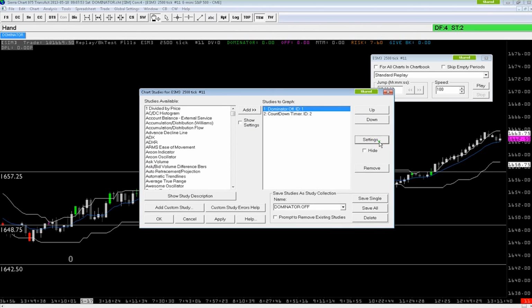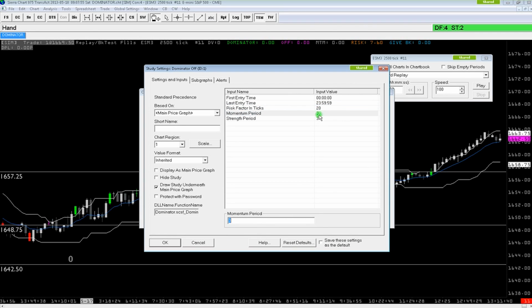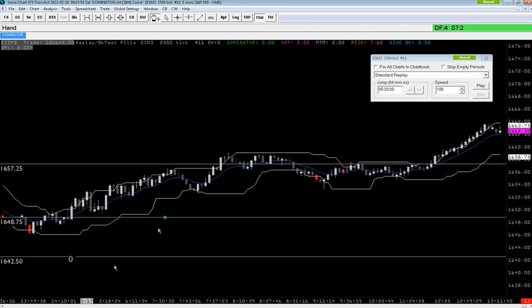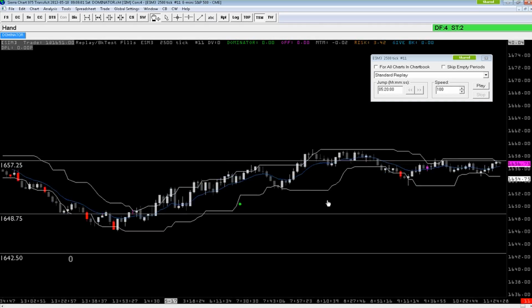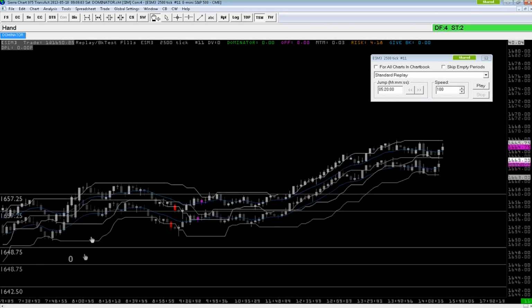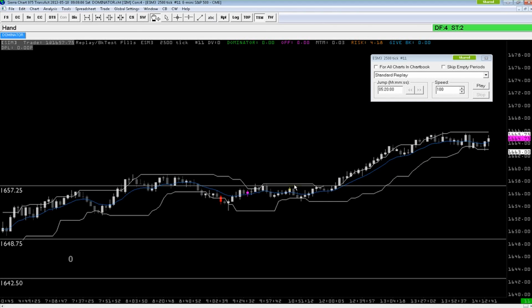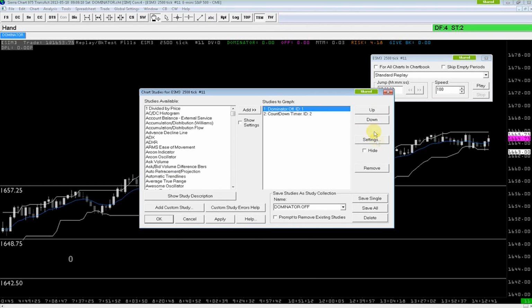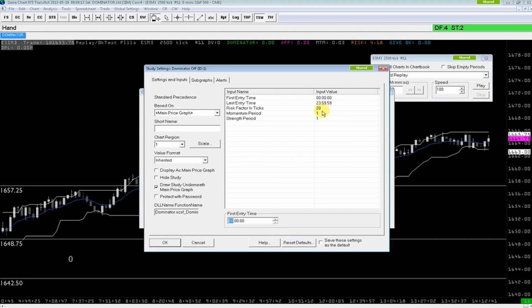Now, if I go down here and go too far, let's go to 0. I'm going to take this down to nothing and apply it. I'm not going to have many of anything. It's registering something, but it's not registering it correctly. If you have 0, it's not going to know what to do. It's going to switch it back to 1 actually, because the parameters will not let it go that far. So it's automatically going to say, you're not doing it right. We need something. So 2 or 3 is about as low as you can go